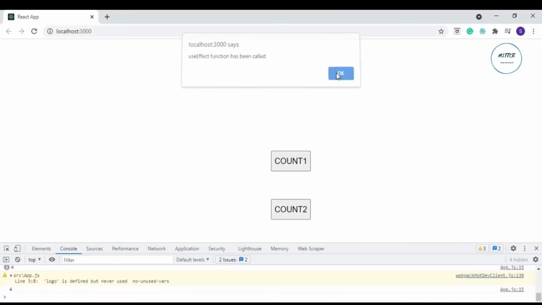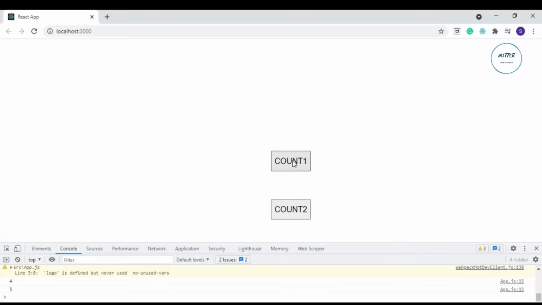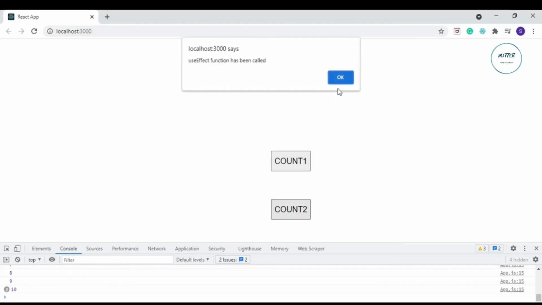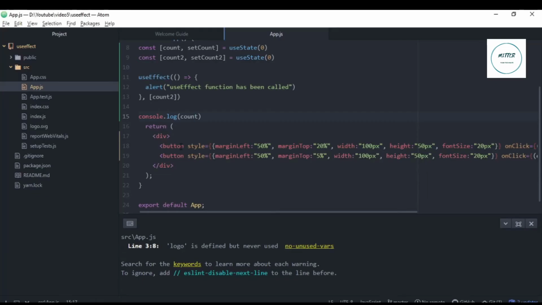Now the count2 changes only when I click on button 2, not on button 1. So if I click on button 1, nothing will happen. useEffect will not be called. If I click on button 2, now this is getting called because button 2 is changing the count2 variable. So this is how it works. I can give a condition here, or I can even give multiple conditions like that.